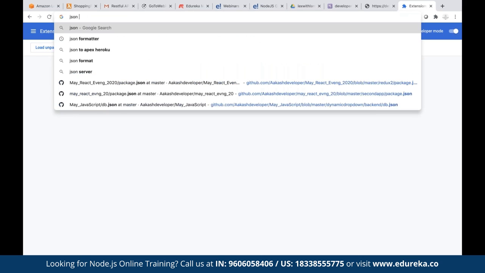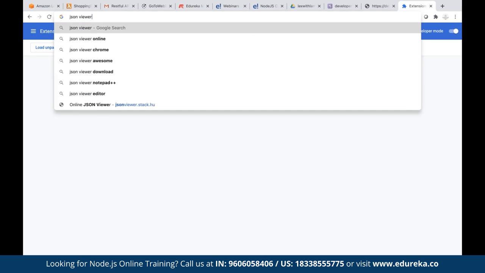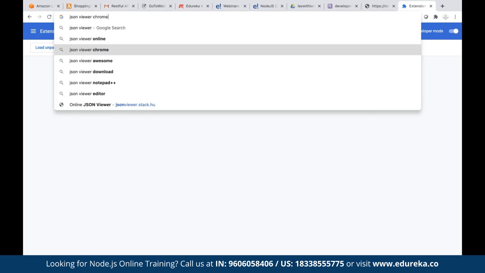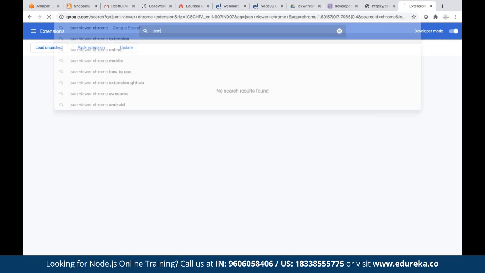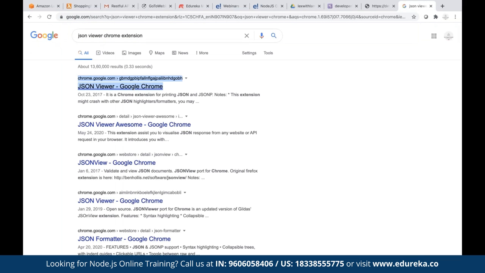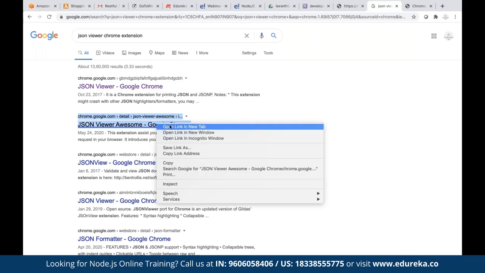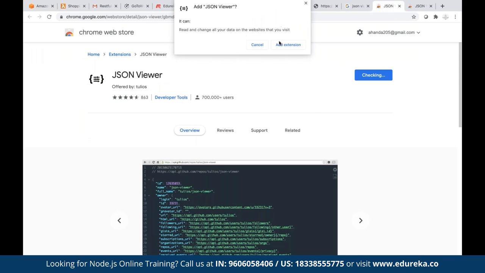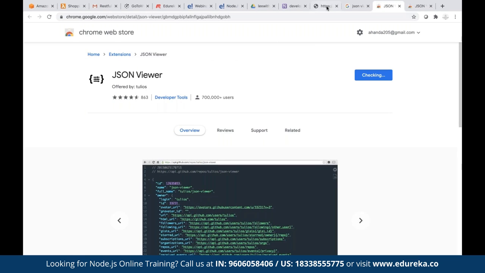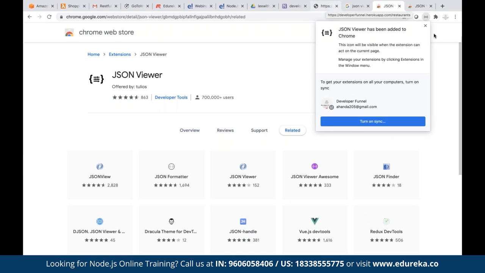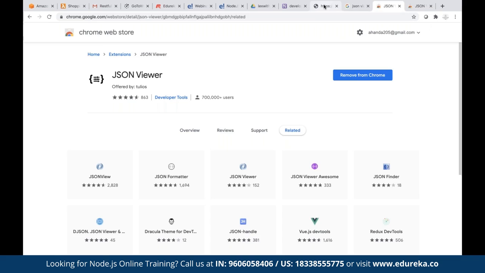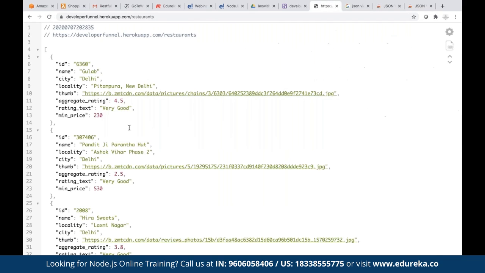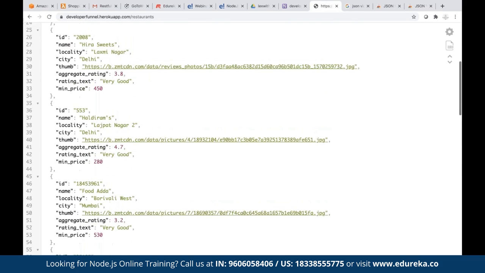We'll simply search for JSON viewer Chrome extension, like this. Simply go and add that to Chrome. Now I'll show the difference. Okay, now see guys, when I hit this URL, this is the data that we were expecting.